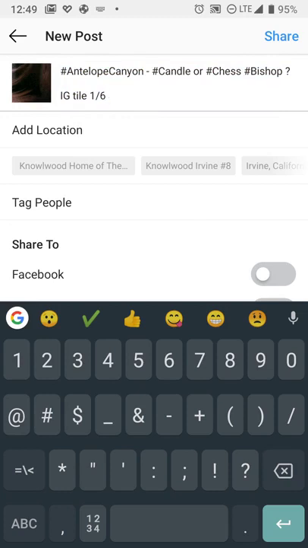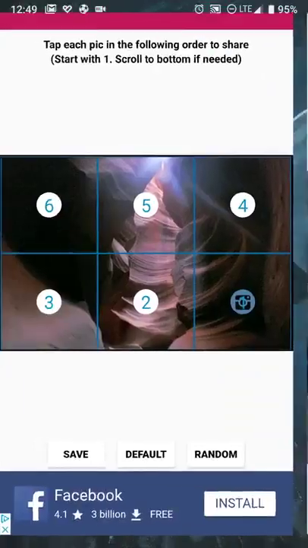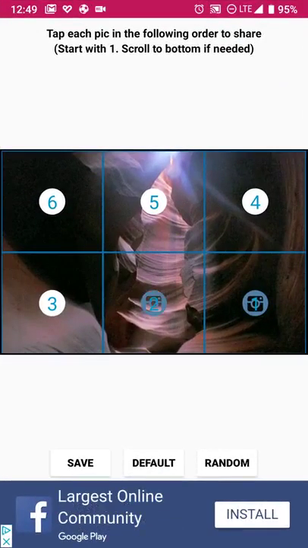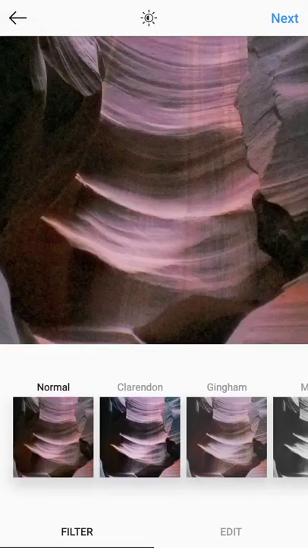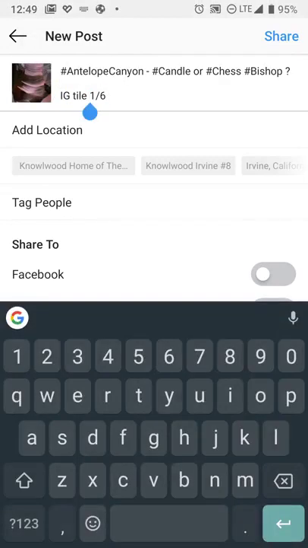So that way, for each post, I just have to paste in the text and change the tile number. If someone else is reading it, for personal peace of mind, they'll know that it's a specific tile number. So I'll hit share, let the post finish up. And then for me, on my phone, I just hit the back button. It'll take me back to Grid Maker so I can continue and go into each remaining post. So I'll hit paste and I'll change the 1 to a 2, hit share,